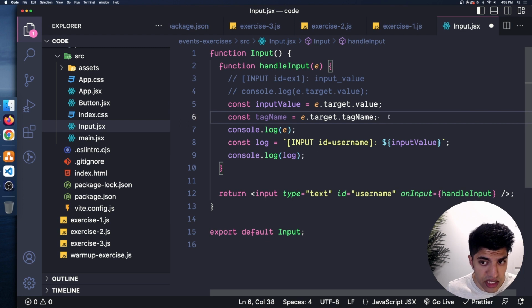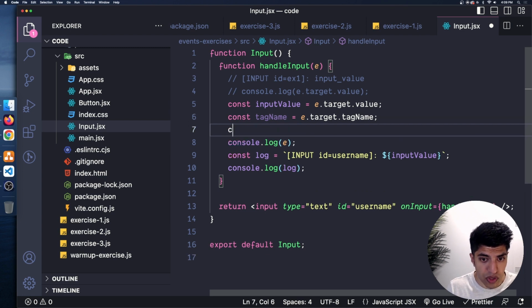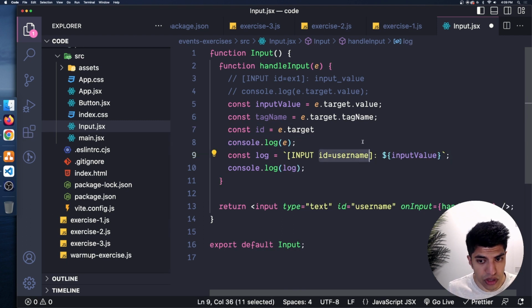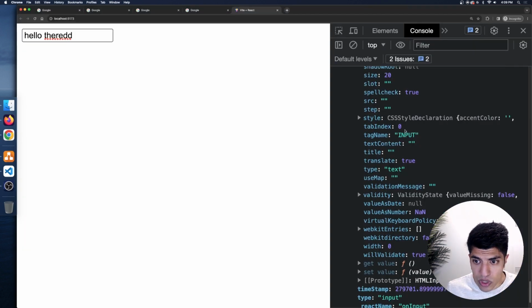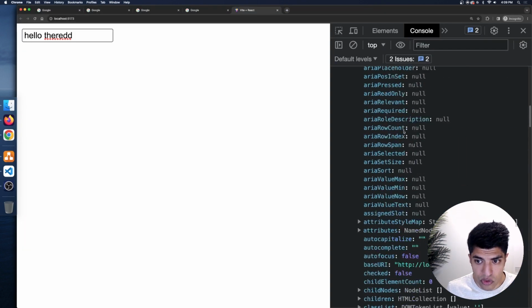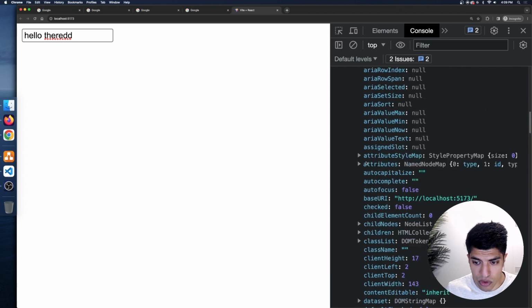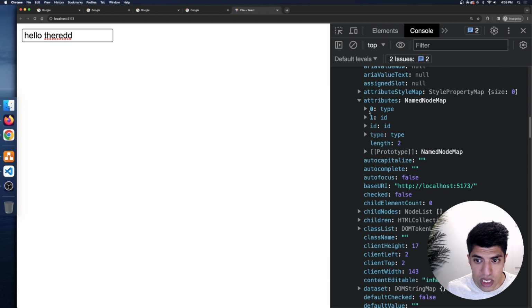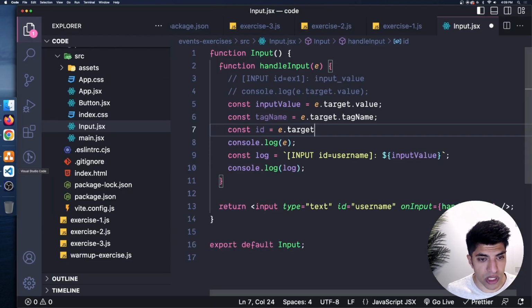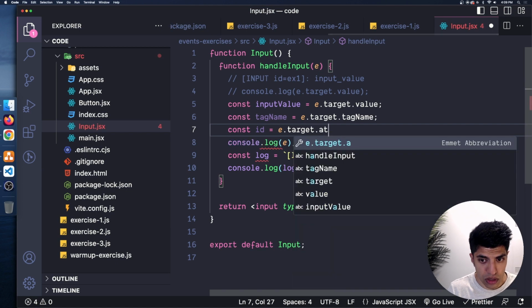Now, how do we get the ID? Well, we could say const id is equal to e.target. Well, what do we need from the target to get this attribute? We can see in here that if we scroll up to the very top, this is in the attribute list, and we can get anything in an attribute list on a DOM node. In this case, a NamedNodeMap for these attributes, we can do get. So we can say dot attributes,